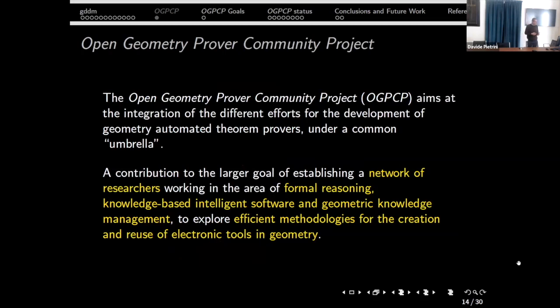So this is the second part of my talk today, the Open Geometry Prover Community Project. This is something that began some years ago by Predrag in Belgrade, Serbia, and now I make my contribution also. And the idea is to stop the actual status of tools having hard-coded provers, and move to a more open source idea, to be usable